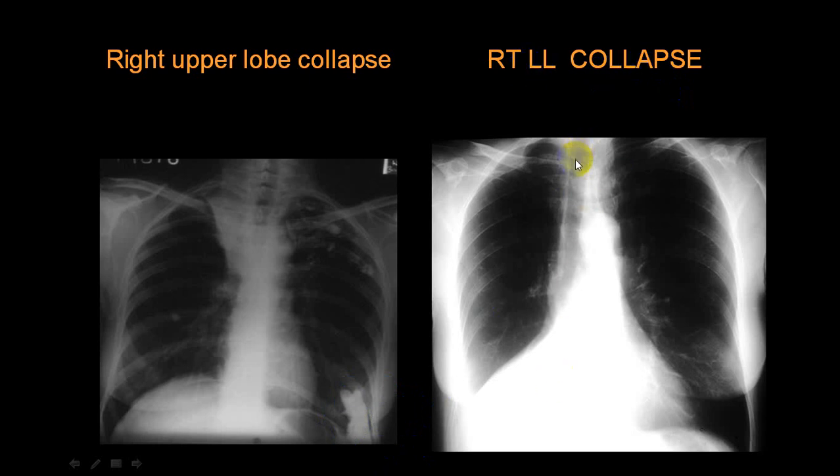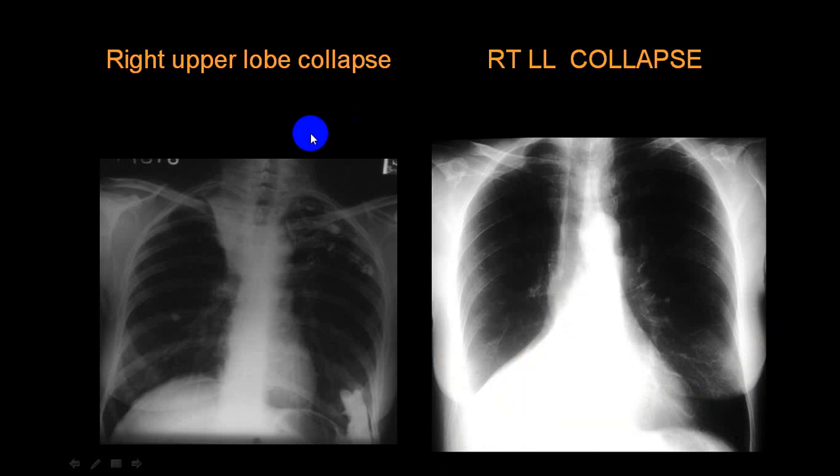And if you look here, right lower lobe collapse. Now if you look, trachea is towards this side. And if you look at this hilum, this is pulled a little bit down. You cannot make out the diaphragm here. So we call it Silhouette's sign with the diaphragm. Right border of the heart also you cannot make out. And there is a sharp margin here. So this is because of the right lower lobe collapse. And mediastinum is a little bit towards this side. And you can see the breast shadow. This is not because of breast shadow. So try to identify such conditions.